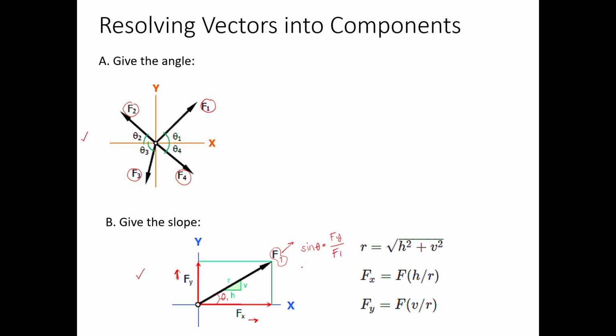Or if you're going to solve for the horizontal component, you're going to utilize the cosine function. Cosine theta is equal to adjacent side over hypotenuse. So that's F of x all over F sub 1. Now if you have two given components, let's say F1 and Fy, to get the other part of your force we can utilize the Pythagorean theorem. So again, if only one side is unknown,